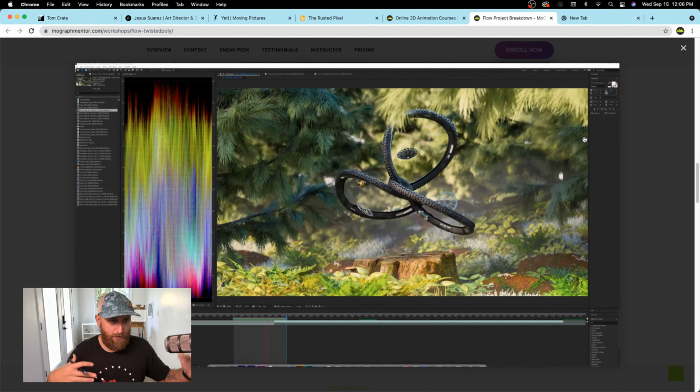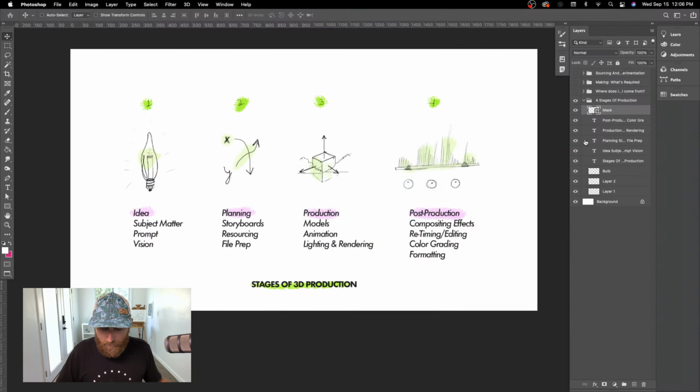He's adding contrast, he's adding a bit of color grading, but he's also retiming the clips. He's ramping up the speed of one clip to try to massage the edit and just create an overall better film. So the retiming and editing piece, once you have your image sequences rendered, is certainly a big part of